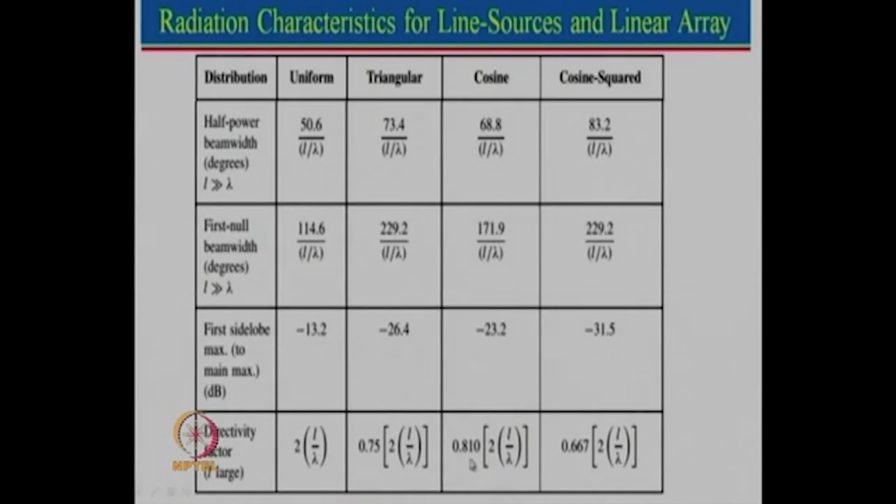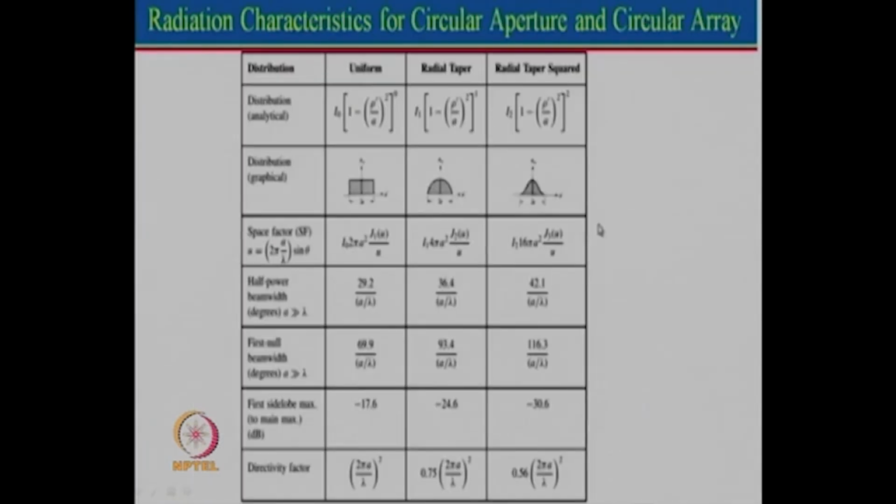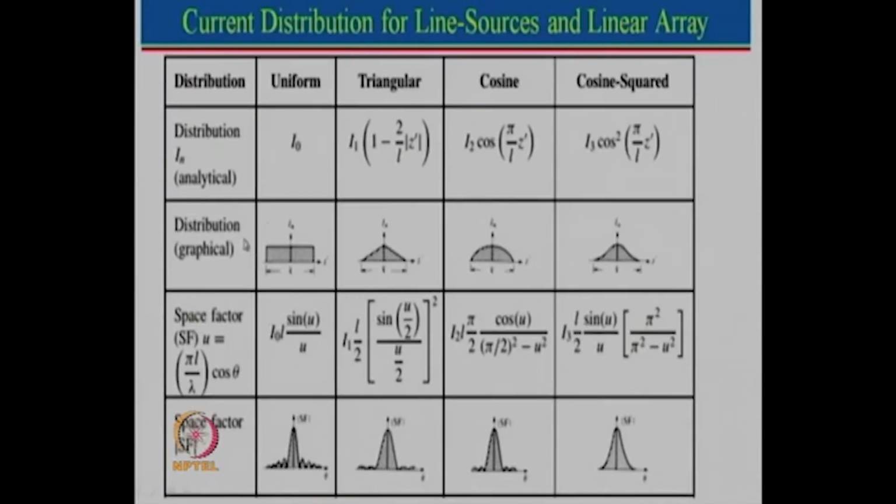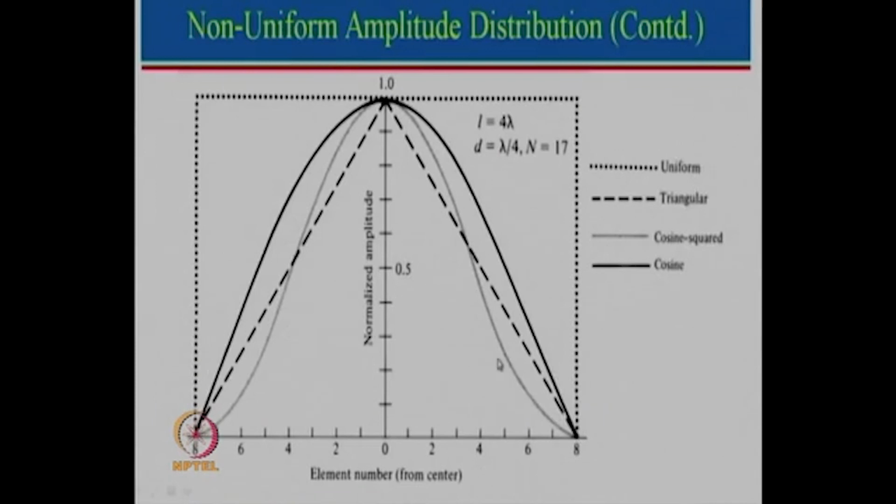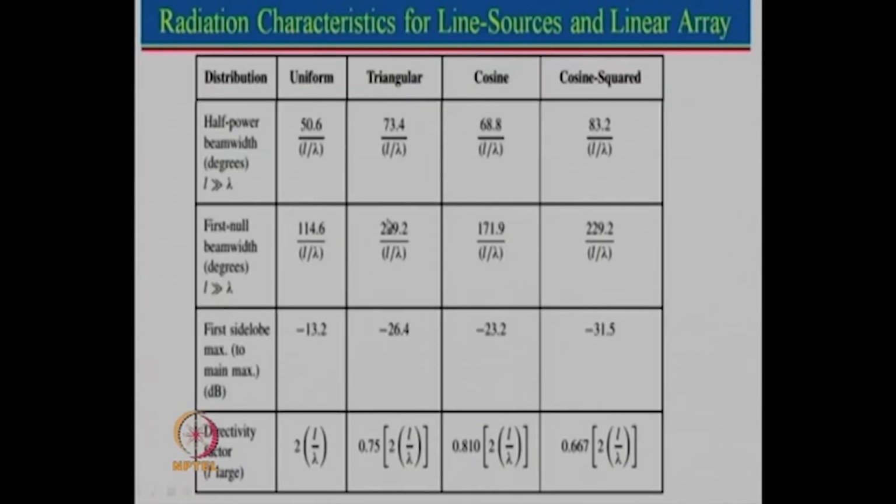So, by providing a pedestal to the cosine, we can increase this factor from 0.81 to maybe close to 0.9, or maybe 0.7 can be increased to 0.8 or 0.85. So, that will reduce the side lobe level slightly, but also decrease the directivity slightly compared to the uniform array. So, now here we had taken a simple space factor for the aperture, the proper aperture line